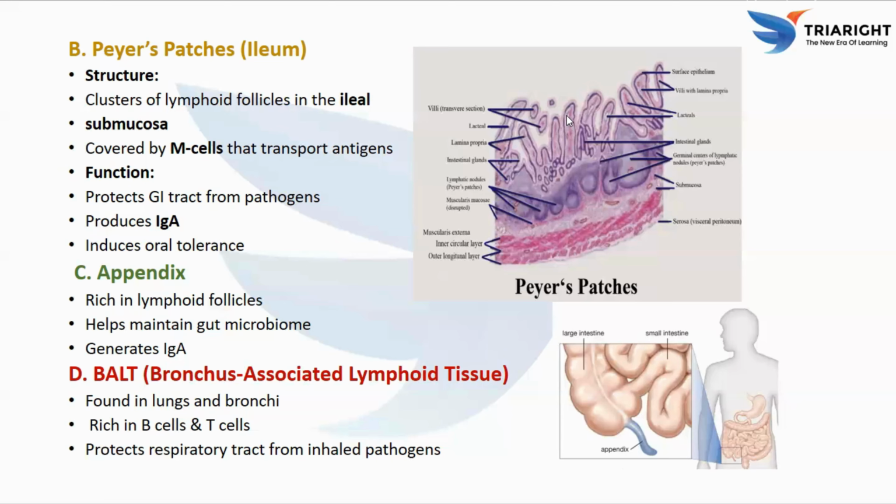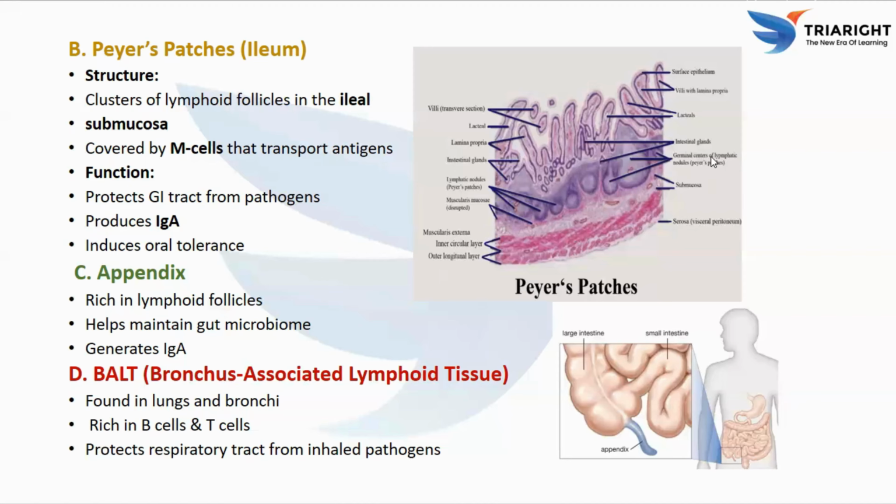So there is a picture of Peyer's patches over here. You can see the villi with lamina propria. They are the projections that increase the absorption surface. And intestinal glands, submucosa, which contains the lymphatic nodules, nothing but the Peyer's patches, and germinal centers of lymphatic